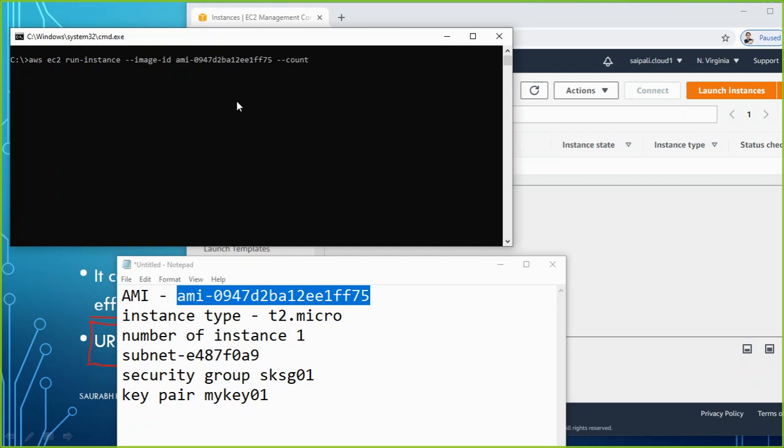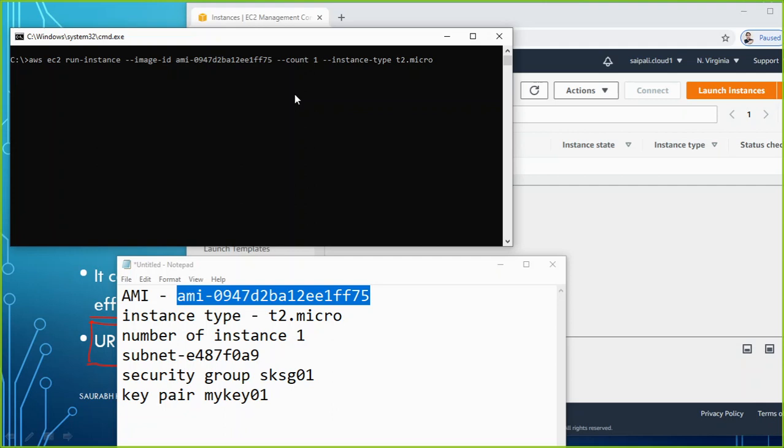How many instances do you want to run? How many instances were we willing to run? 1, a space. Which type of instance? Instance type. So I say here instance type, and my instance type is t2.micro. That's my instance type, a space.